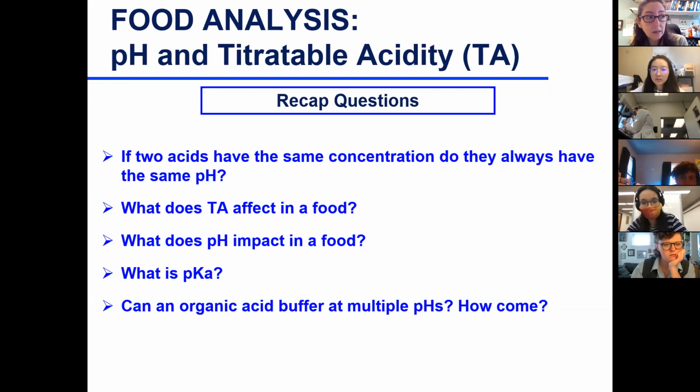What does titratable acidity affect in food? Let's see. We're getting quite a few answers here. The flavor, the sourness and flavor, yes. Other than that, maturity. Yes, very good. What about pH? Enzymatic activities. Yes, shelf life is dependent on multiple reactions. One of them is enzymatic, chemical, and microbial growth. Very good. Okay, so